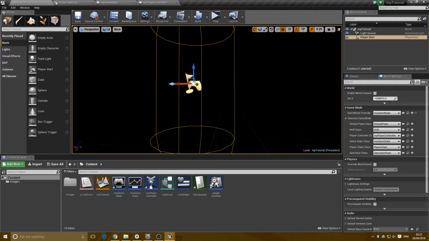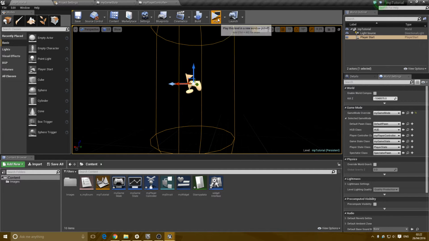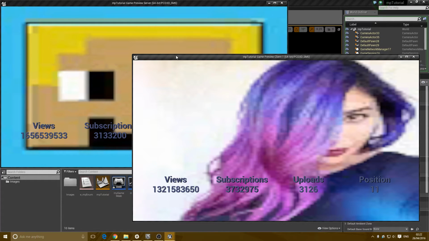But in this video now we're going to focus on some of the multiplayer game aspects of it. So we're going to have to set up our editor just so that we can see more than one player. So in the drop down menu for the play button, change the number of players to 2, and we can select new editor window, PIE. This will work better in 4.11.2 than it would in 4.10. Okay, so I'll click the play button now, and you can see I've got 2 cards,